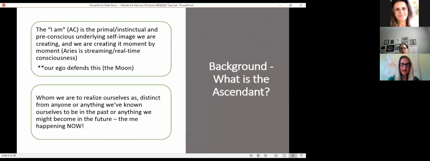So putting a planet there first is choosing that part of me happening now, which in some respects takes a lot of courage because we're choosing to let go of all the past ways and stories we have connected with how that worked, and with anything we project on the future of how something might happen. So it really is like this choice of, I'm going to show up right now and see.